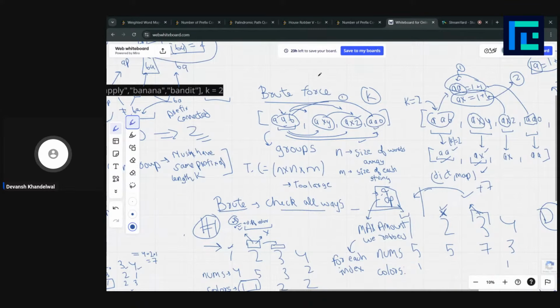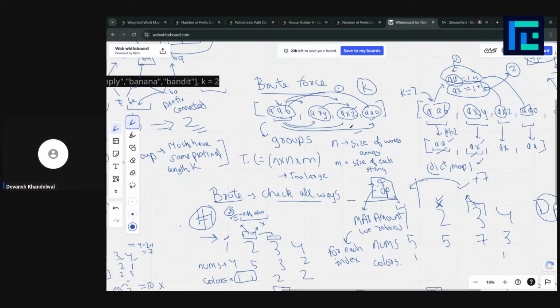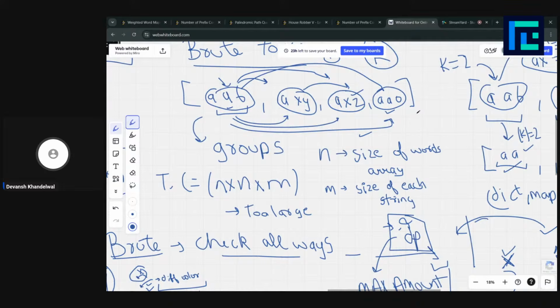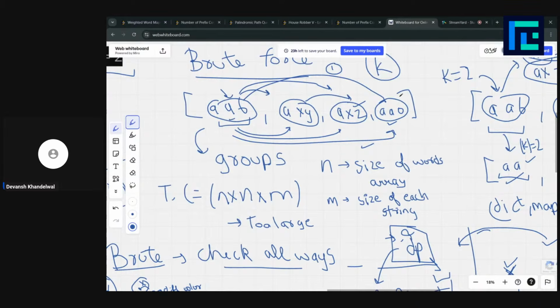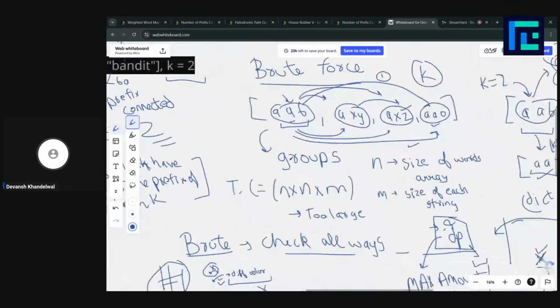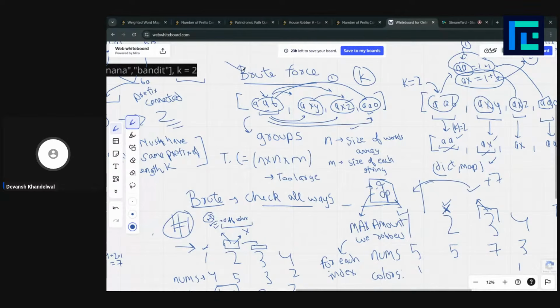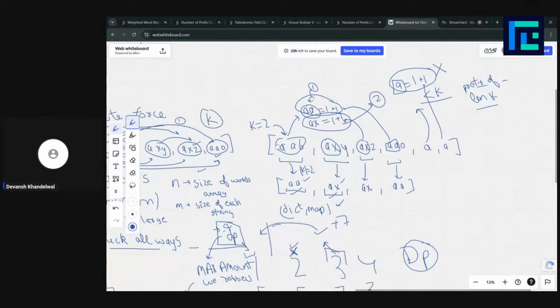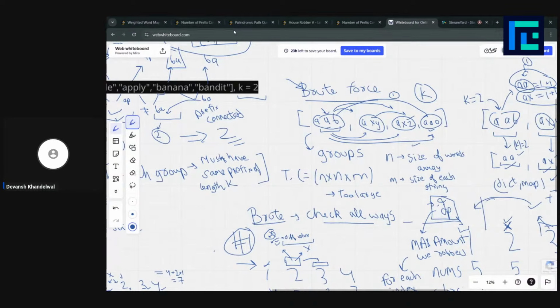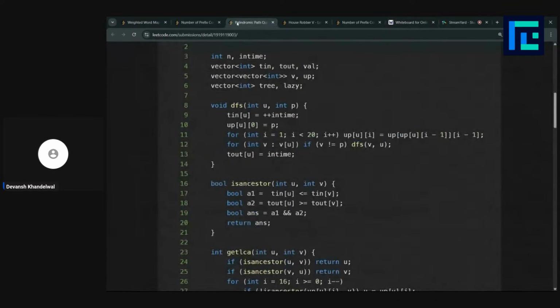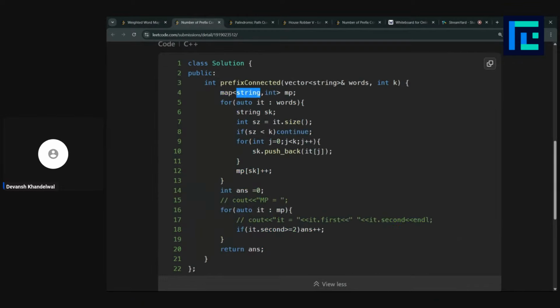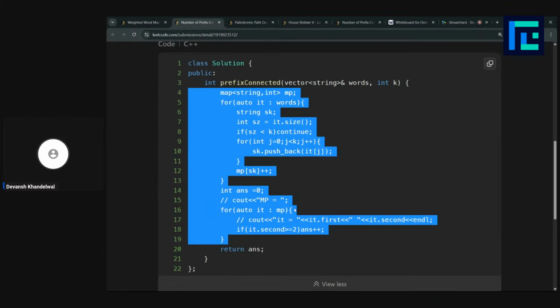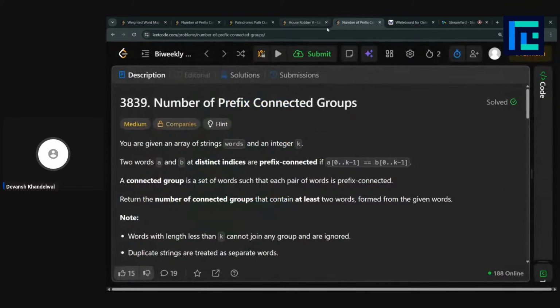This video would be available on YouTube. Currently we are live streaming. You can also move backwards and see the solution for the second question, like how we started with brute force and then optimized it, and how we did it. We also discussed our code. The code is here. I hope this is clear.